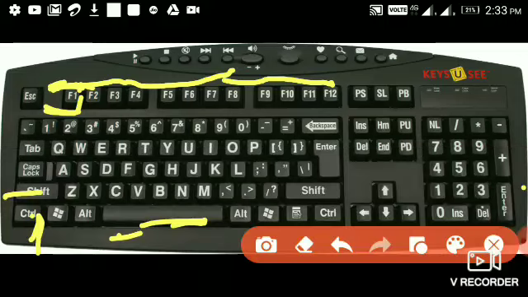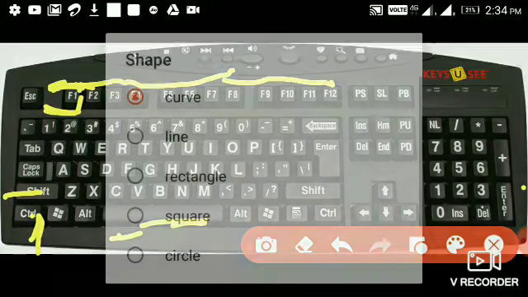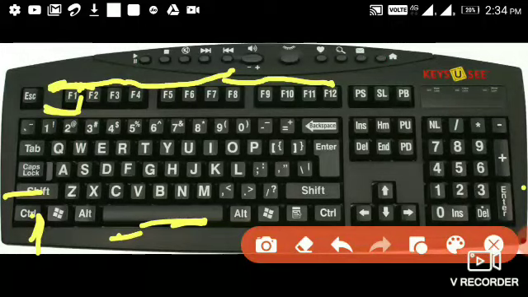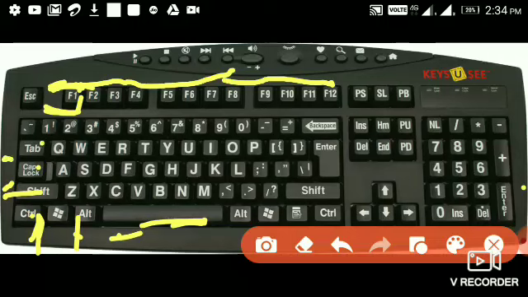Then the caps lock key, so we can see two caps lock keys. Okay, in this keyboard there is only a single caps lock key in here. Then the Alt key, so the Alt key is here, and tab are special keys. So we can say that special keys are caps lock, tab, shift, control, alt and space bar.